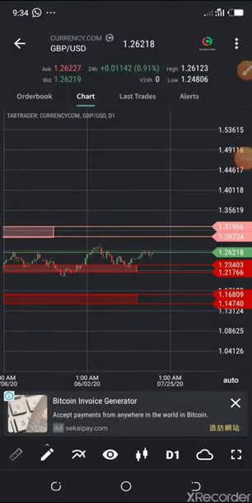The key things we should note now is this: support is below the current price and resistance is above the current price. When drawing it, make sure that your support is below the current price and your resistance is above the current price. Secondly, you buy at the support region and you sell at the resistance region. The third thing to note is that there are more buyers than sellers at the support zone, and more sellers than buyers at the resistance zone.